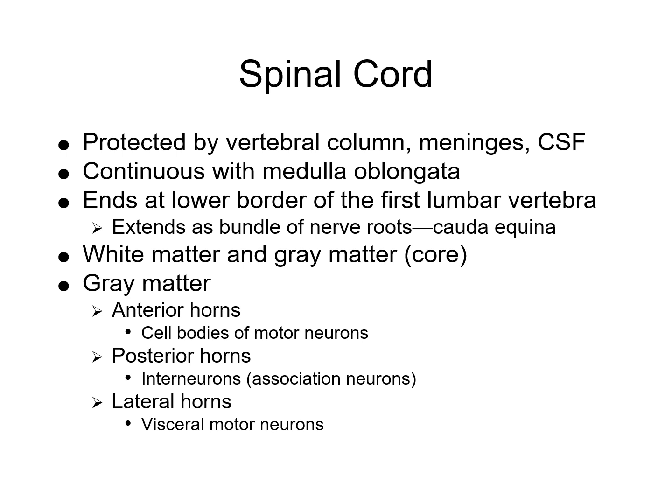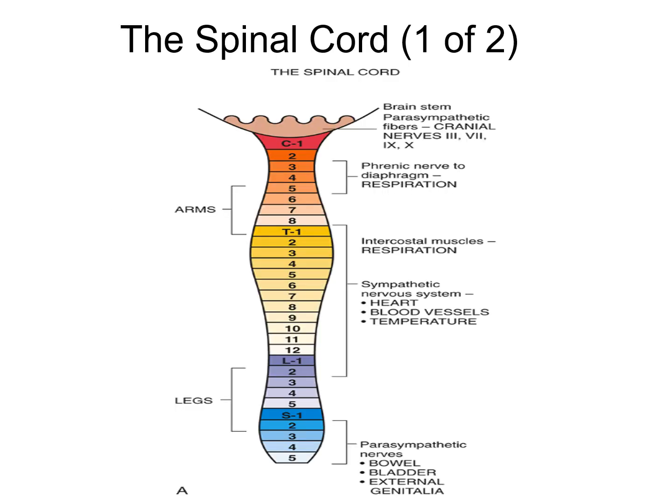Also, we have gray matter, which includes those horns, the anterior horns, which house the cell bodies of the motor neurons, the posterior horns, which house the interneurons, and these are those association neurons, and then the lateral horns, which house those visceral motor neurons. So here is a picture of the spinal cord, and it's showing you the cranial nerves